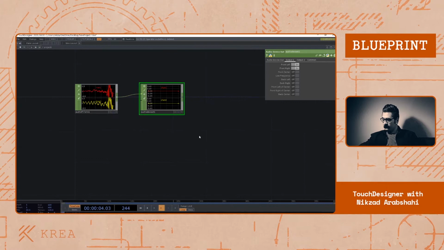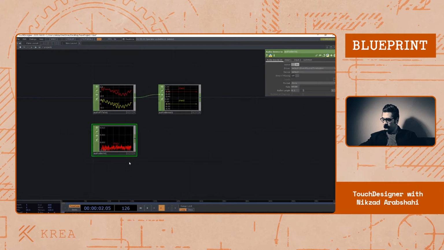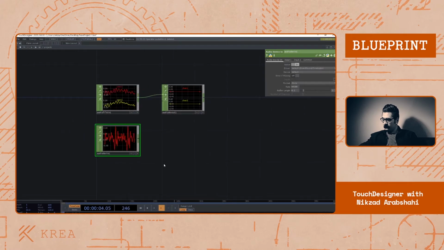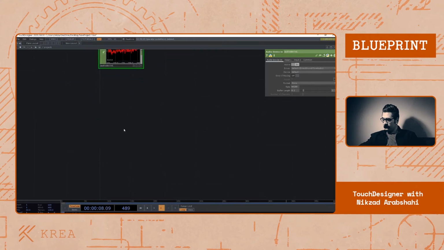Yes. Also, you can use audio device in. Let's bring the audio device in. Now, you can use the audio device in to receive audio from any plugged audio interface using DirectSound again or ASIO. Cool. Let's get rid of this one. And now,